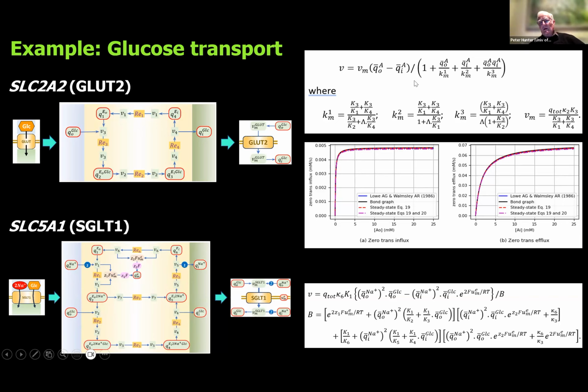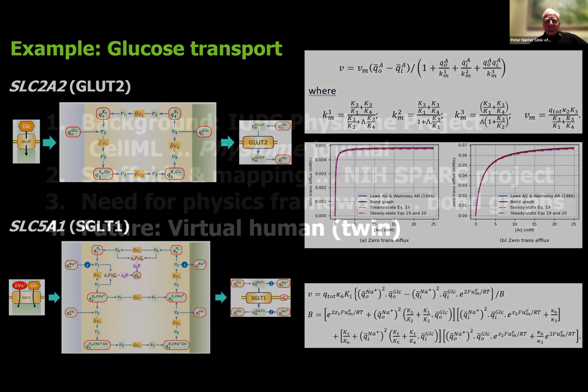And very often you can derive analytic expressions out of the bond graph models that tell you exactly what the flux is under steady state conditions, when you can assume that particularly the solutes are present in a much higher concentration than the enzymes in the membrane themselves. So you can get much faster computation by deriving analytic expressions for the solute fluxes. So we tried to do that for a wide range of these transporters.